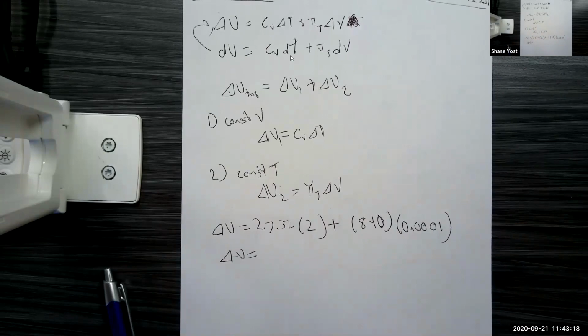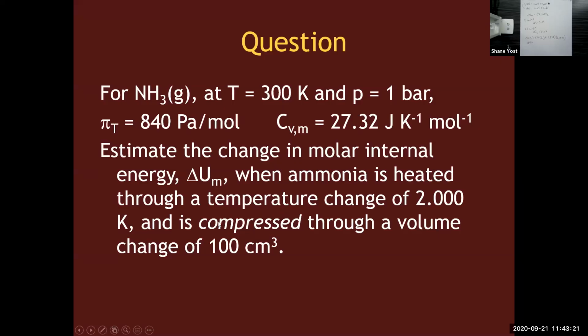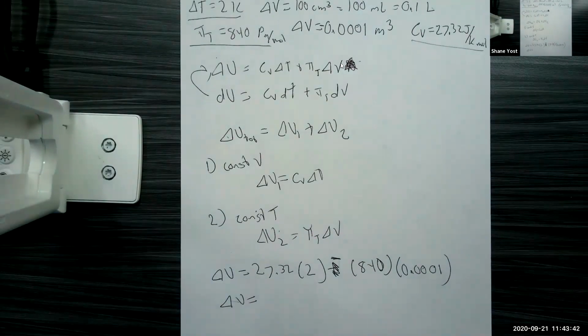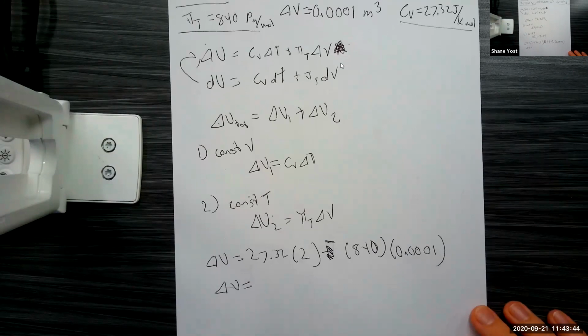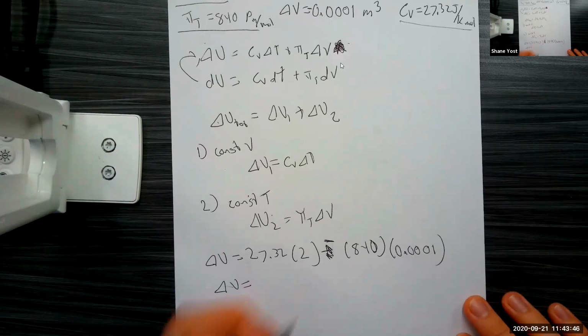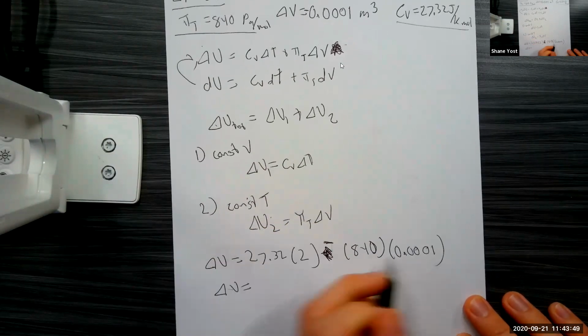I was about to look that up because I had forgotten what it said. So it's compressed and heated, so it should be negative. Delta V is a negative value. I'll swap back to paper here. That's what I was about to check myself, whether I had the signs correct. I'd forgotten to make a note to myself when writing down the numbers. So this is a negative, because my change in volume is negative, because it's being compressed.